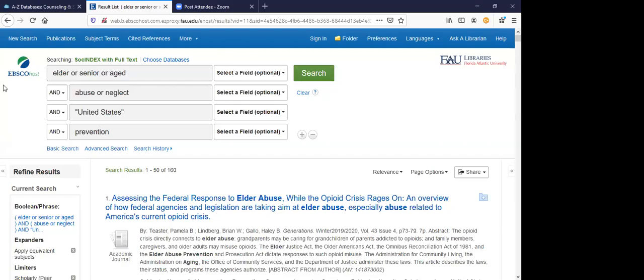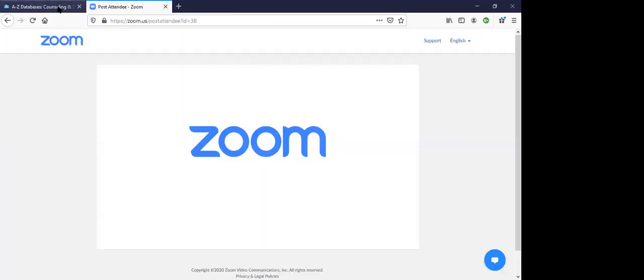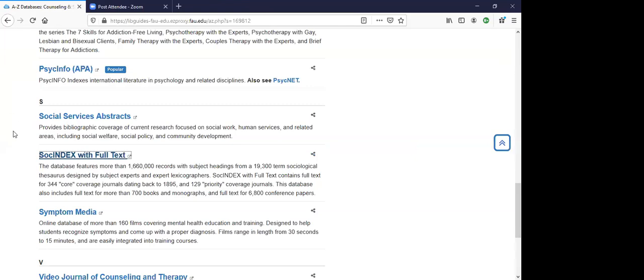So the actual name of this database is SOW index with full text. It's not actually EBSCO. A lot of people say, I was searching in EBSCO, but when they say that, there are many different EBSCO databases. So always remember the name of the particular database. In this case, SOW index with full text. So I'm going to close out of that one,